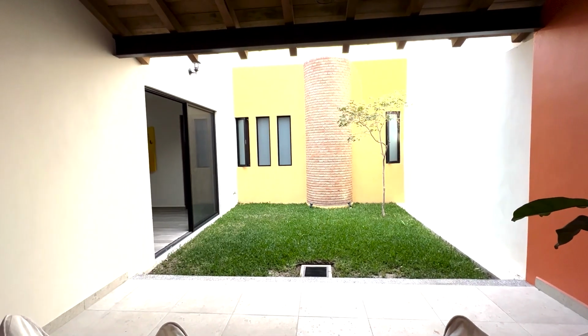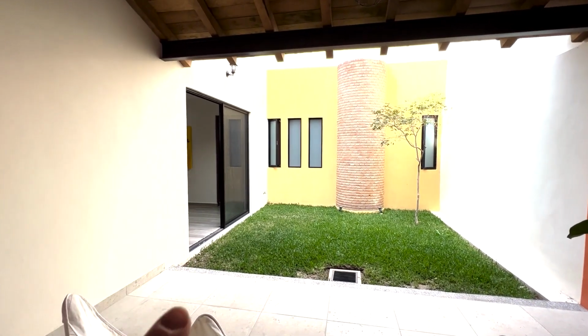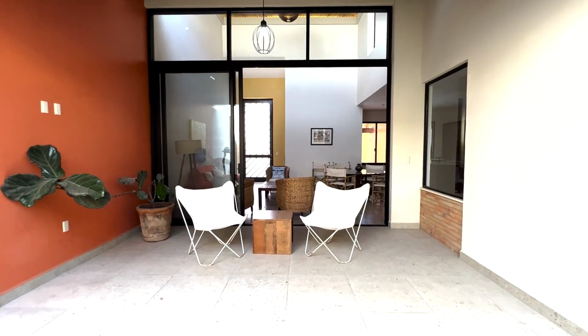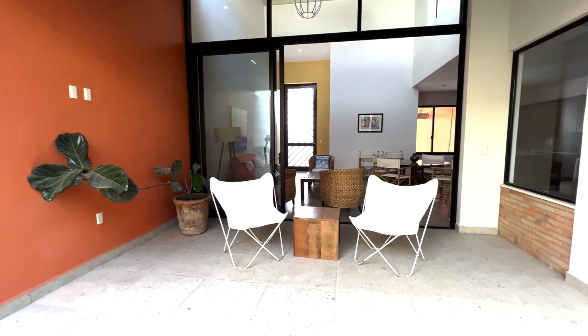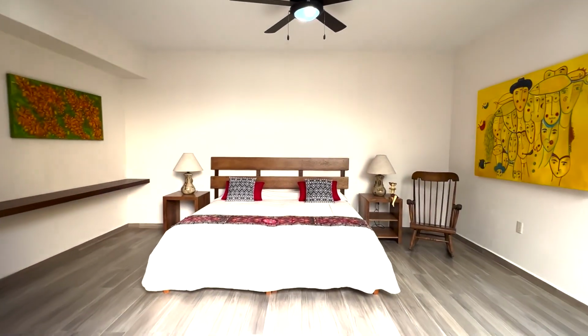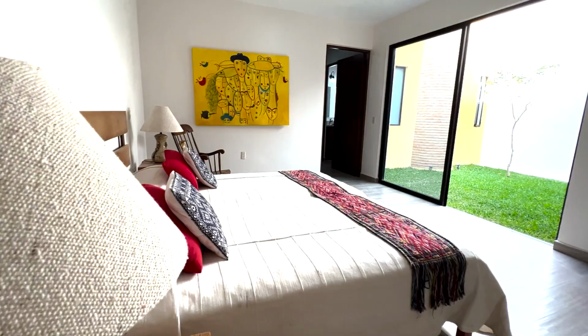And if you're wondering, this is where we have the principal bedroom, so you can actually come out from the principal bedroom into the courtyard too. It's a very nice covered patio here that you could easily put a nice dining room table. Okay, coming into the principal bedroom, on the main level,